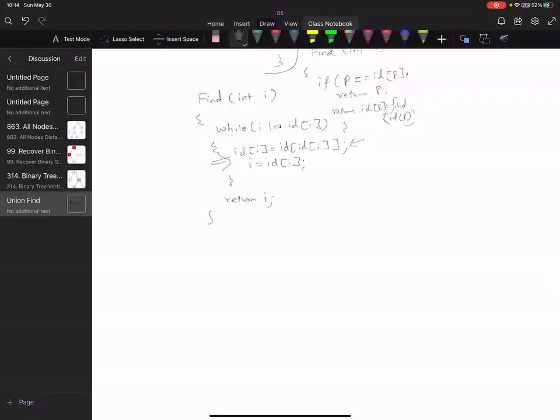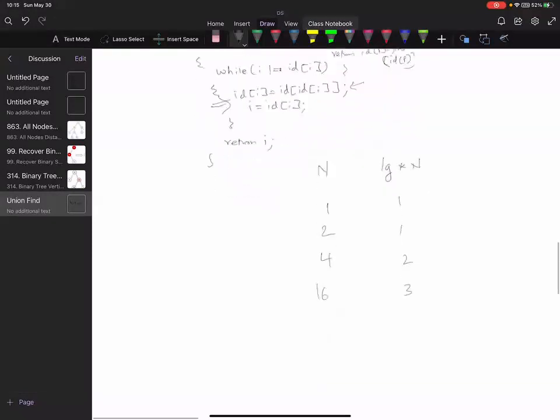But I can tell you what the growth factor is. They call it, what is that? It is not Akamai, right? What was that? Reverse Akamai. Okay, it's called log star n. So for 1 it will be 1, for 2 it will be 1, for 4 it will be 2, for 16 it will be 3, for 65k it will be 4.